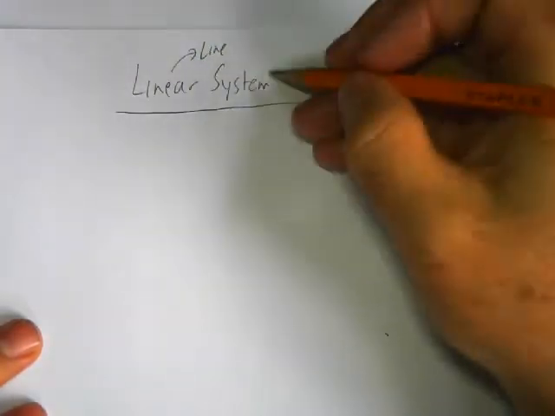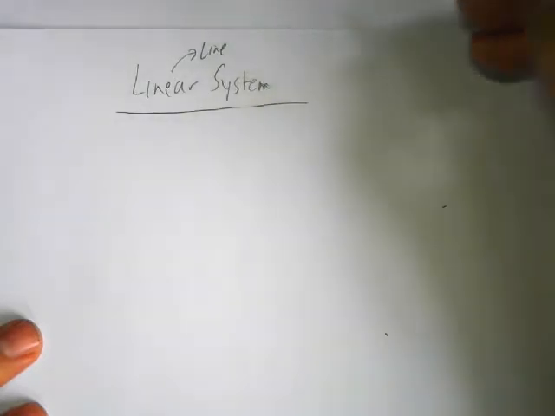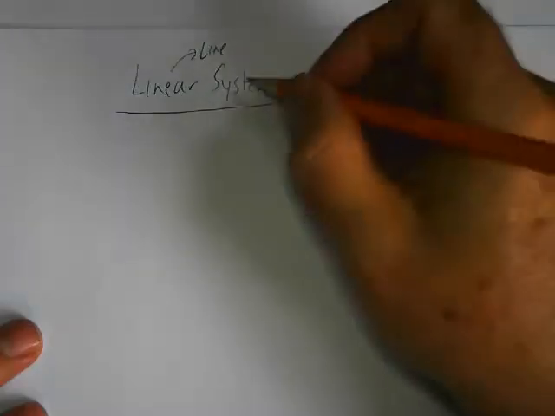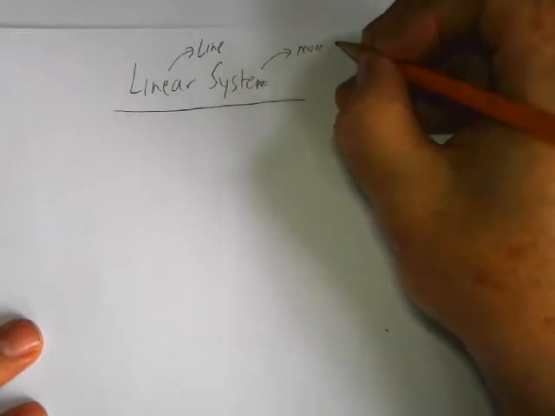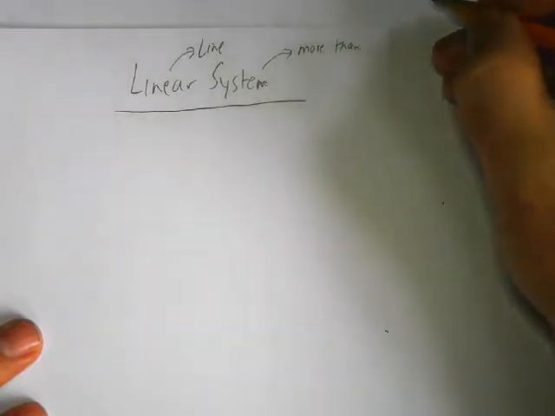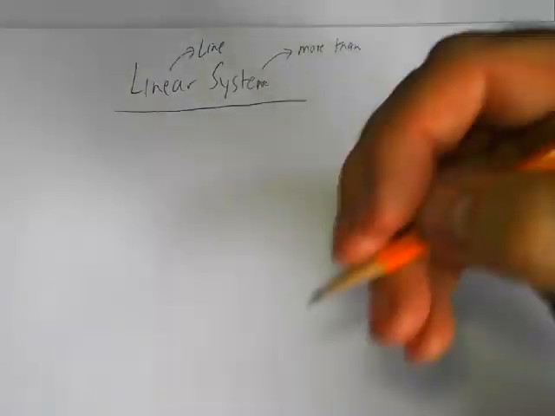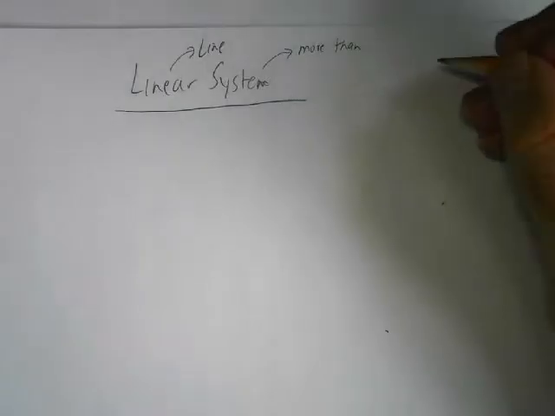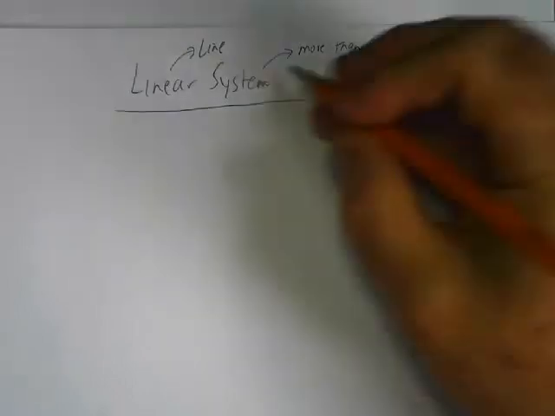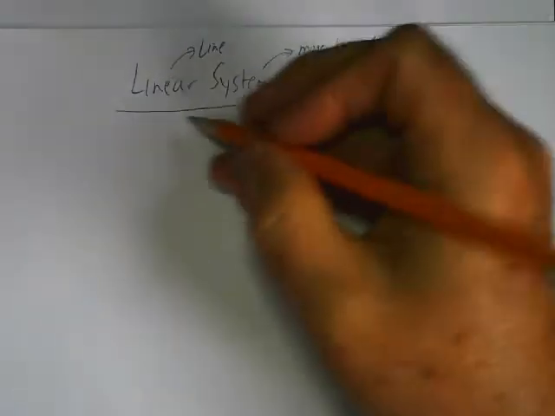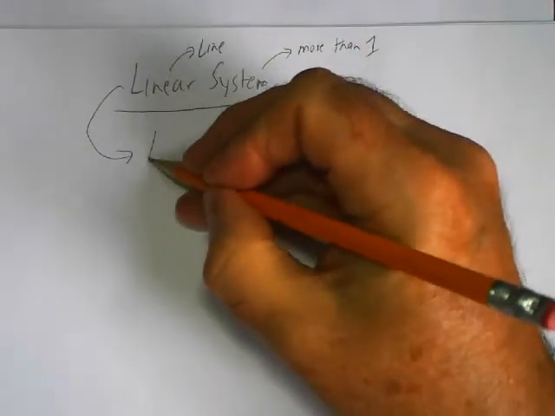If you were to graph a linear relationship, it would be a line, and a system means basically more than one. So if you have a system, it's got several things that kind of interchange and interact with each other. So what we're really talking about here is looking at,